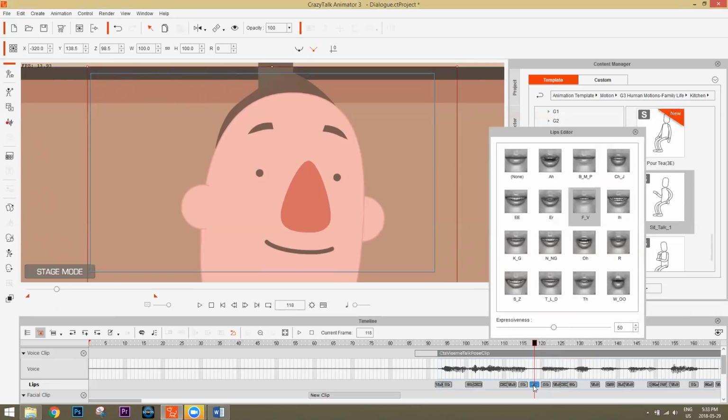What you can do as well is adjust the expressiveness, but again, with these types of characters, they use sprite switching for their facial animation, or for their lip sync rather. You're just not going to do a whole lot when you change the expressiveness. It's mostly used for morph-based characters, like in iClone, or the kind of characters you create from images by yourself in CrazyTalk Animator 3. Okay, I just wanted to briefly mention that because it's not too important for these particular types of characters, because like I mentioned, they use sprite switching for their lip sync as opposed to blending their mouth shapes together. Okay, so just kind of switching from one sprite to the next.